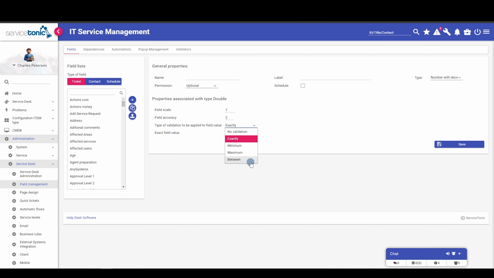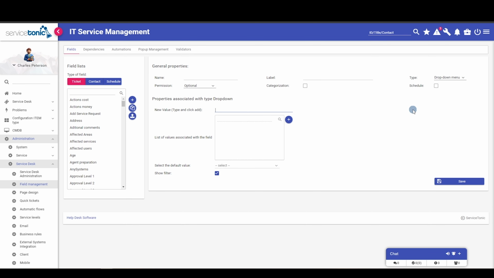Now, for drop-down fields, we can add values, for example, PC, monitor, etc. Remove individual or all values, and even sort them. We can also set a default value that will appear when a ticket is open, but can still be changed if needed. And then we also have the multi-line text field,